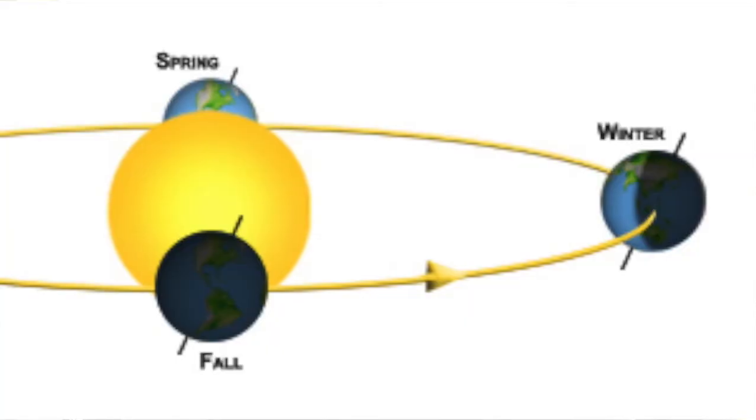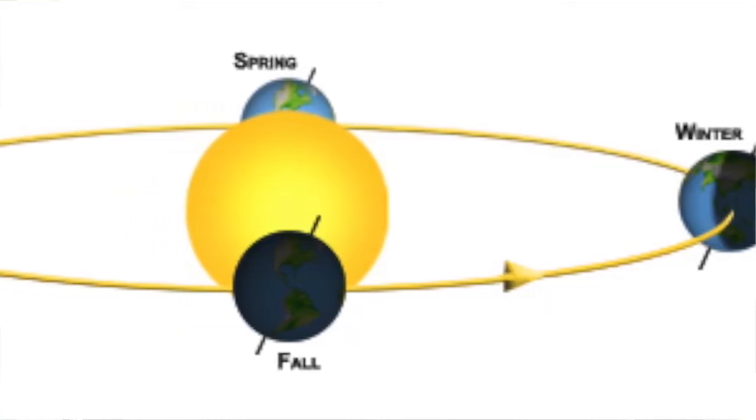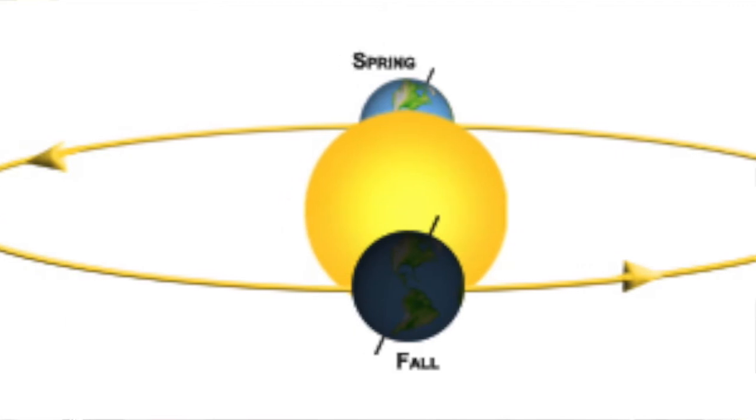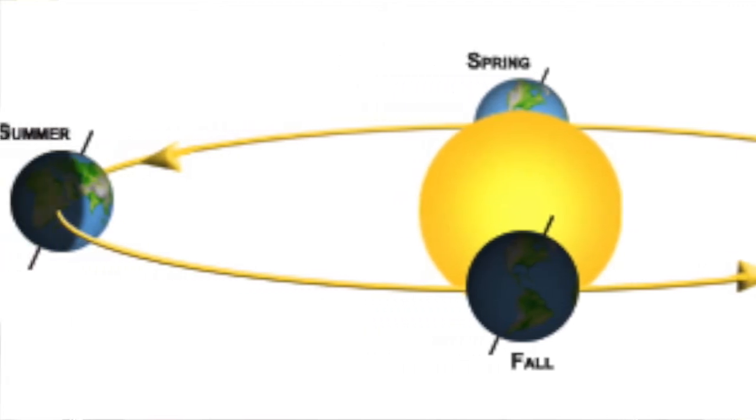So, did you hear in the movie why we have 4 different seasons and why the seasons always follow the same pattern? Well, she explained it's because the Earth is tilted on an axis and the Earth is always moving around the sun. So we live in the northern hemisphere.